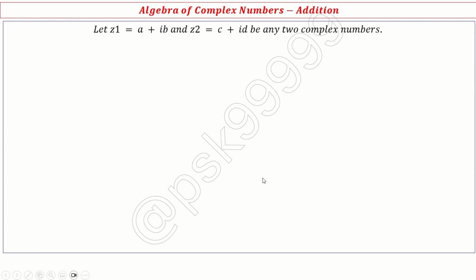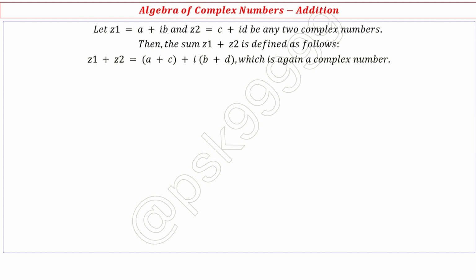Okay. So, algebra of complex numbers. Now let's understand how to add complex numbers, subtract, divide, multiply, all those things. If Z1 equals A plus iB and Z2 equals C plus iD are any two complex numbers, then Z1 plus Z2 is defined as A plus C, the summation of the real parts, plus i times the summation of the imaginary coefficients,